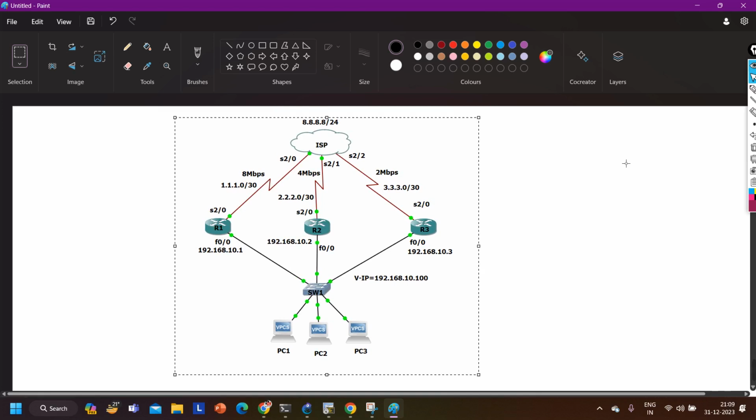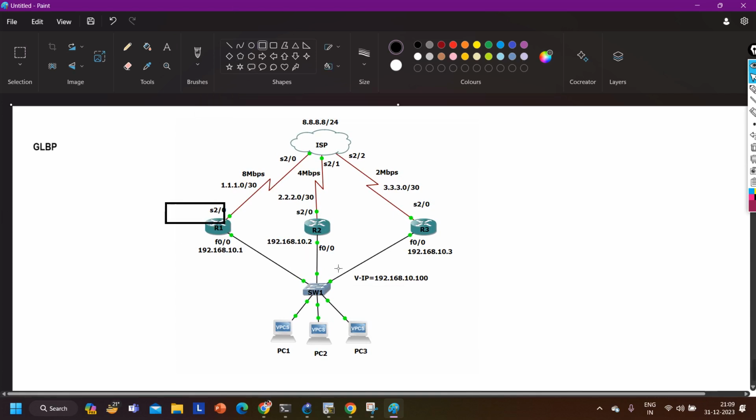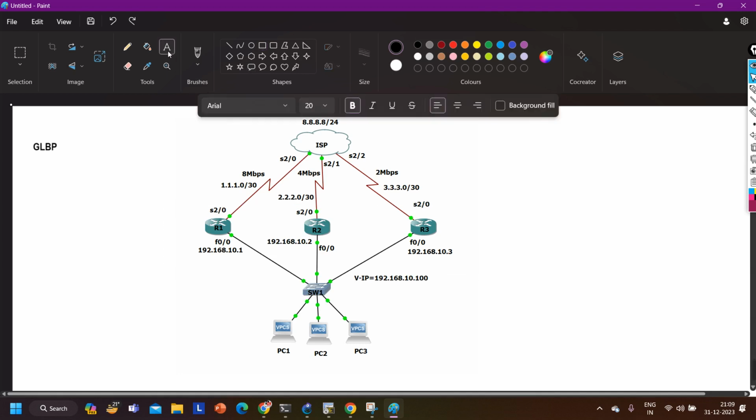Okay, so this is my topology. Guys, again, GLBP protocol is Cisco proprietary. You can run GLBP only on Cisco devices. Now when we configure GLBP on these three routers in a single group, one router will become